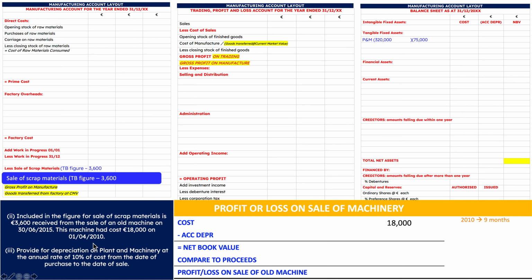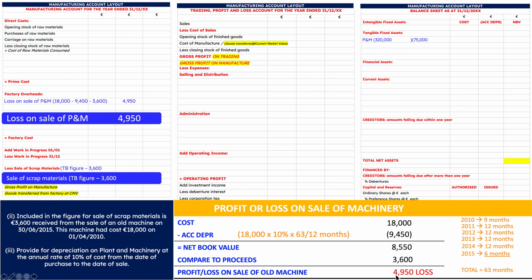So 2010 they had it for 9 months, 2011 12 months, 2012 12 months, 2013 12 months, 2014 12 months, and then 2015 they had it for 6 months. So altogether there, that is 63 months. So to find how much depreciation had been charged on that, it's 18,000 by 10% by 63 over 12 months, which is 9,450 euro accumulated depreciation. If I take that away from the cost, that gives me a net book value of 8,550. If I compare that then to the proceeds of 3,600,